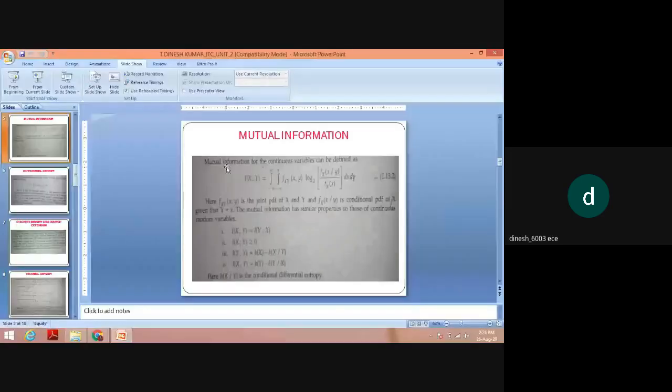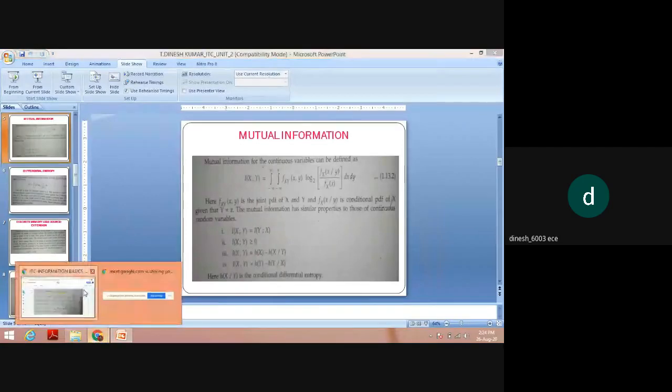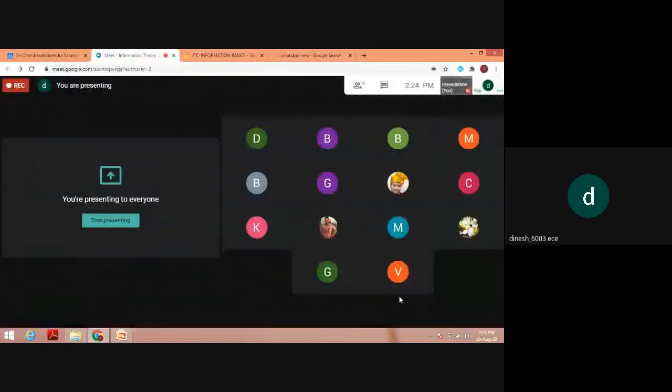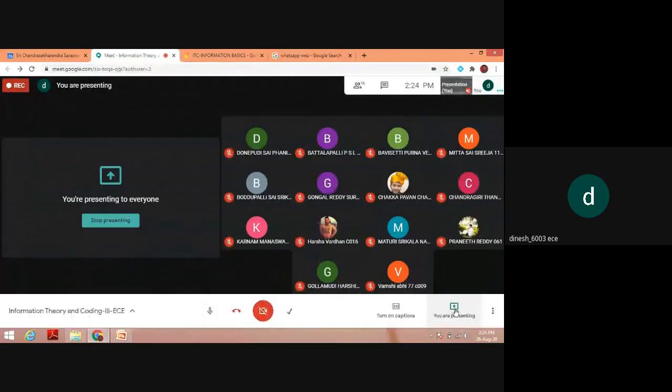In the previous class, we had seen the information for only one variable. So now we'll see it for two informations. If x is there, just a minute, I'll check where I kept my